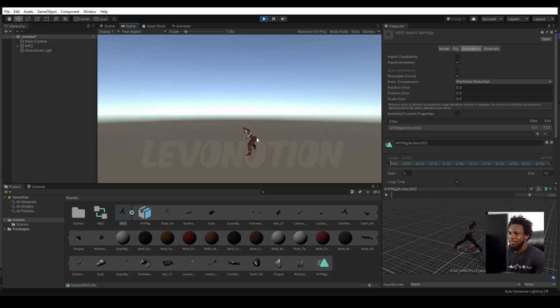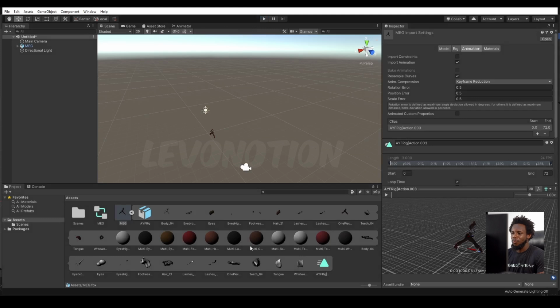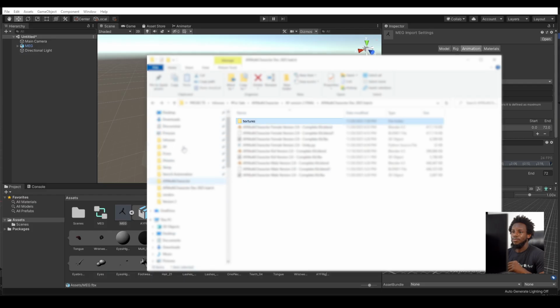But at this point, I can see my character's skin texture is not coming through. That's very simple to fix. To fix this, I'm just going to stop the animation. Then I want to go to the folder where my character is saved. So I'm going to the folder,